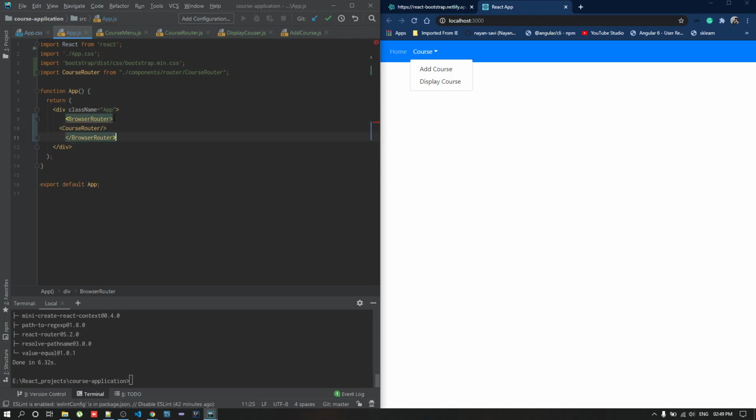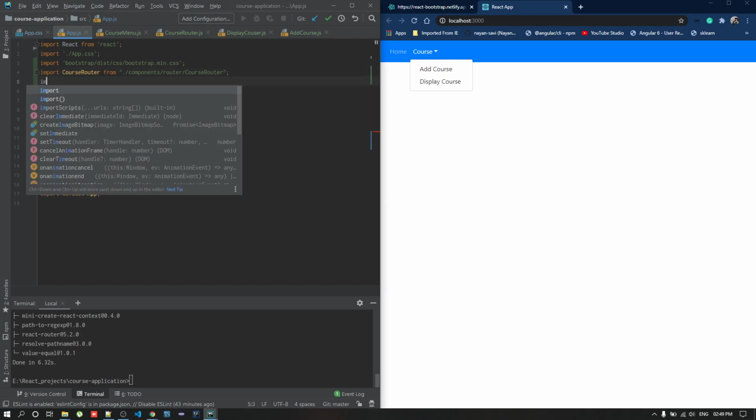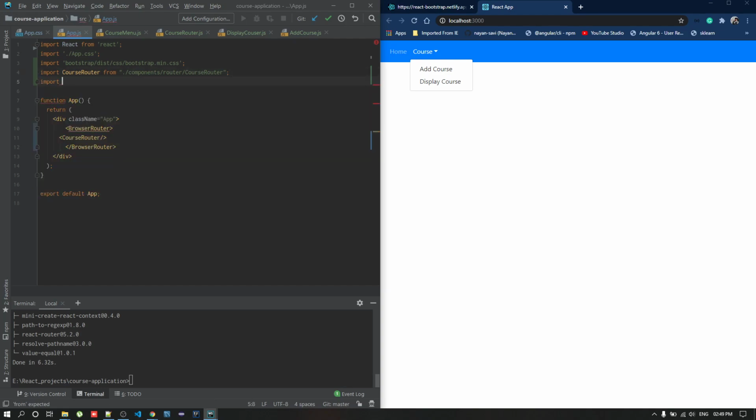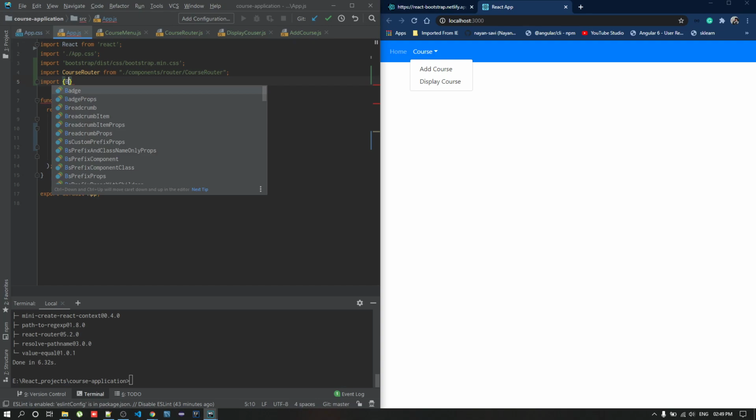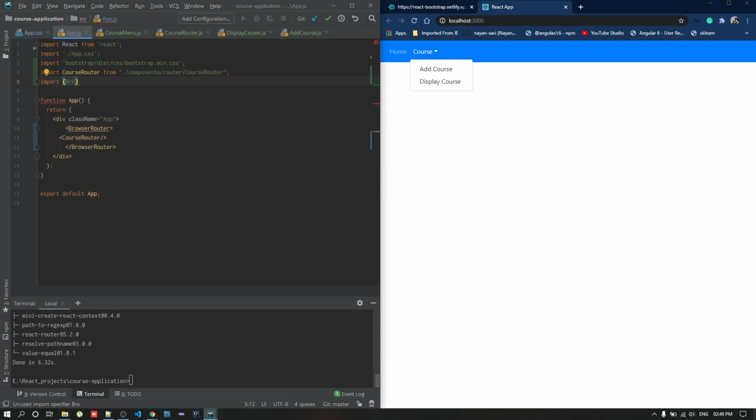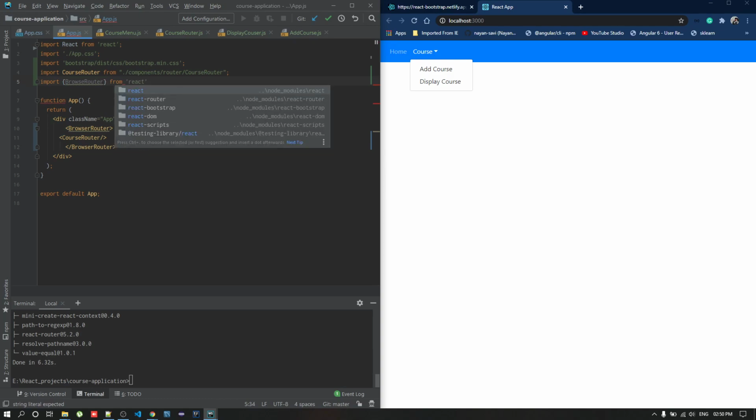So we need to import that from React Router DOM. Import BrowserRouter from react-router.